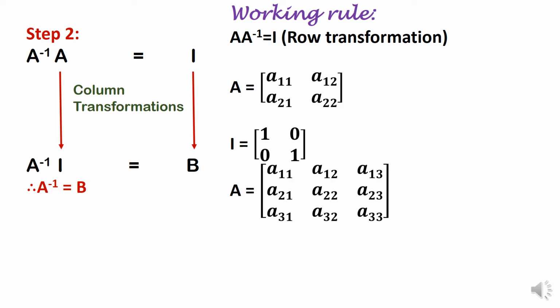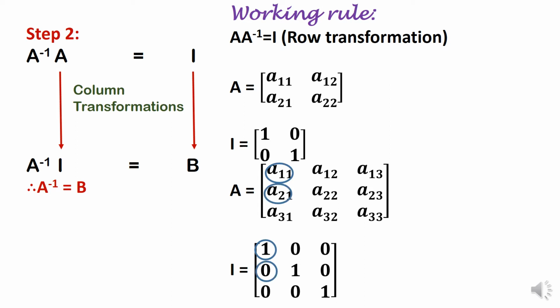Similarly, if we have a 3 by 3 matrix and we want to convert it into an identity matrix, we start with A11, convert A11 into 1. Then we start with A21, convert it into 0. Then we go to A31. Then we come to A22 and convert it into 1. And then either one, A12 or A32, either one can be converted into 0. In short, both of them have to be converted into 0 stepwise.